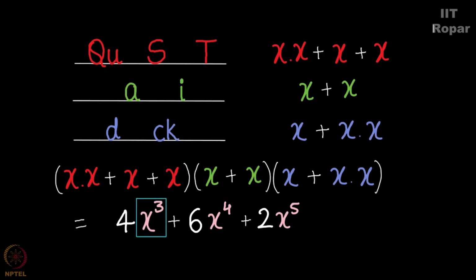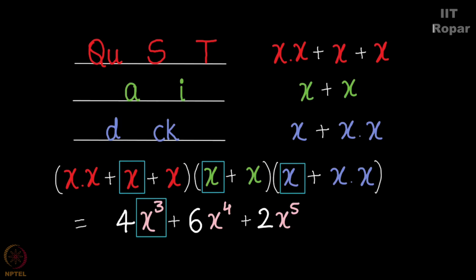How do you get x cube? By multiplying this polynomial. By picking one x from the first house, another x from the second house, another x from the third house. Right? There is no other way to get an x cube here. If you end up picking x in the first house, rather x square, you cannot get an x cube. You will be forced to pick one element in the second house and one element in the third house. That is when polynomials get multiplied and you get an x cube.